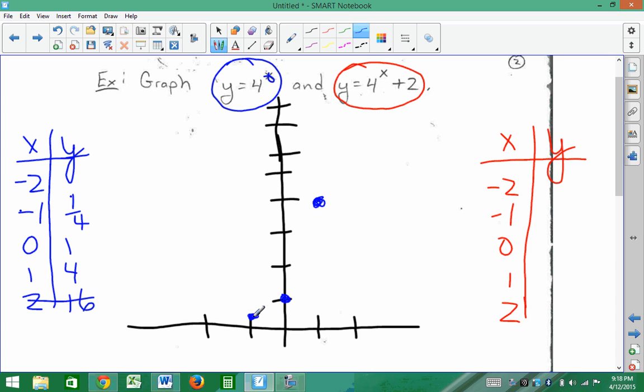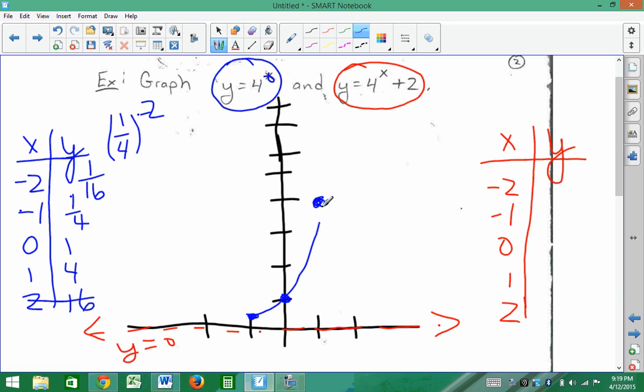And looks like we're going to have the same problem with -2. If I took 1/4 to the -2, we'd end up flipping that fraction and squaring it, which would be 1/16. Also going to be very difficult to show on this graph. So I'm just going to go ahead and put in my horizontal asymptote at y equals 0 and just leave it there. Go ahead and draw this off the 3 points we have here. Okay, so that would be a growth. It looks like a definite exponential growth, growing a little bit more quickly than